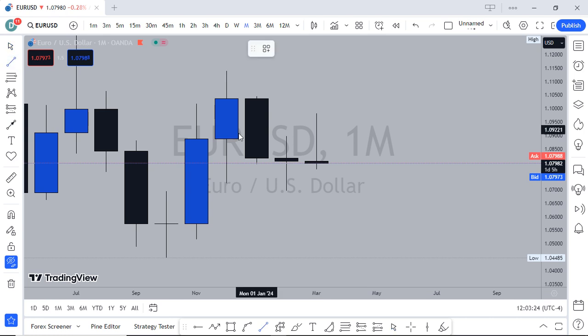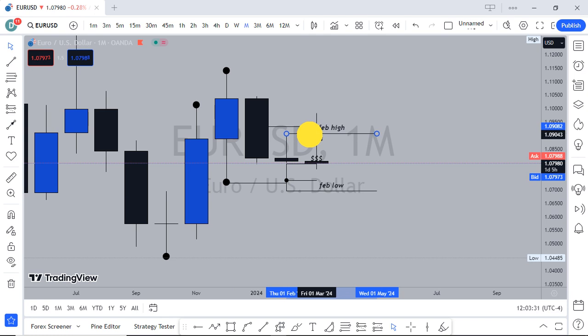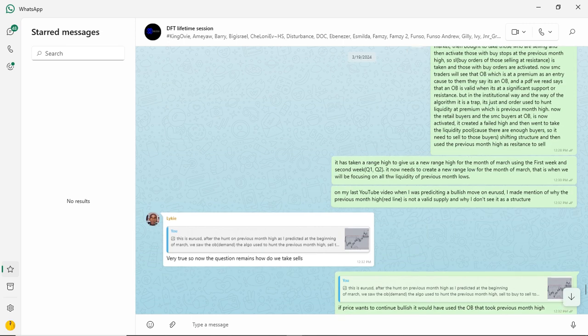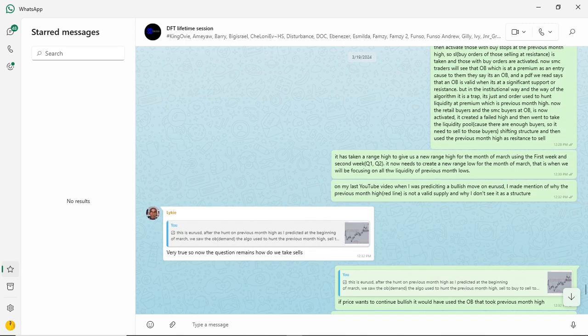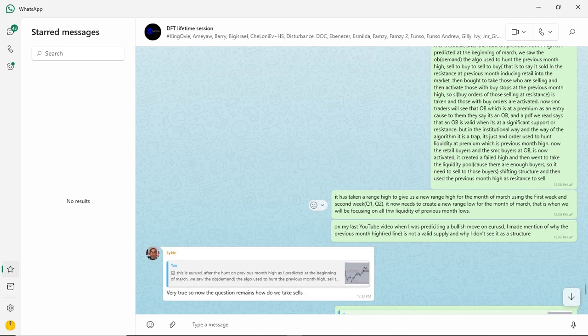It's just been hunting previous months. So, just like we see right here, previous month taken out. So February high taken out. So a confirmation entry, and we took a sell. And I didn't take the trade. I said it on the group. I posted it and I didn't take the trade. And I said it has taken a range high to give us a new range high for the month of